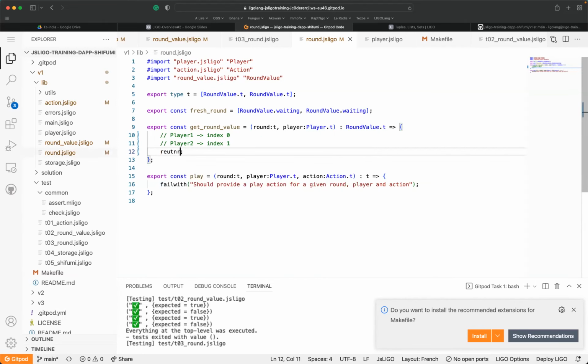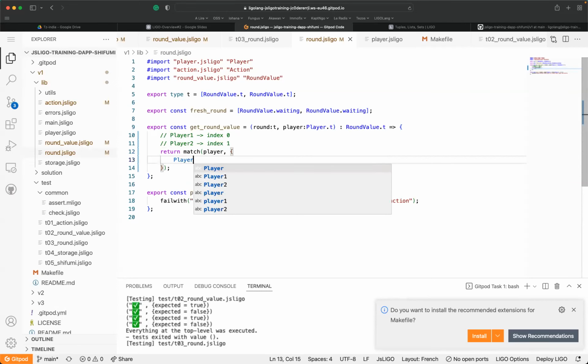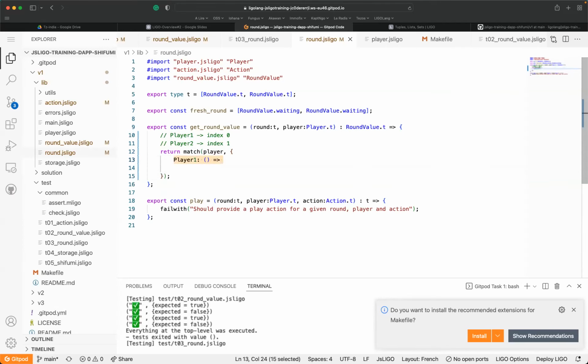Just simply do a match case over the player. So I'm going just to match player with player one, with no parameter, and player two. And we are going to see how to extract information. I stated just before that if player one is the index 0, player two is the index 1. So I just return round.